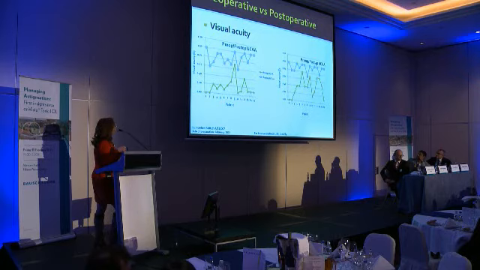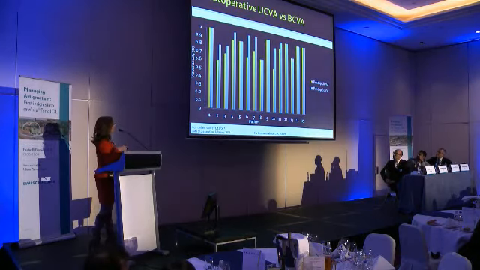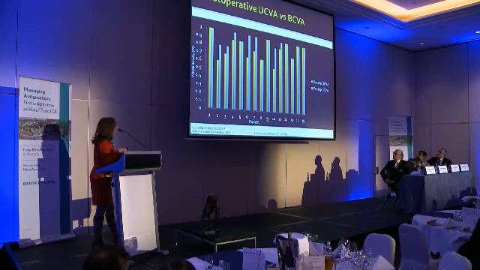Uncorrected and best corrected visual acuity, there are no big differences, as you can see in the next slide. Except for eye number 10 and eye number 6, where there is a difference between the uncorrected and best corrected. In the others, the patient gained only 1 line, let's say,